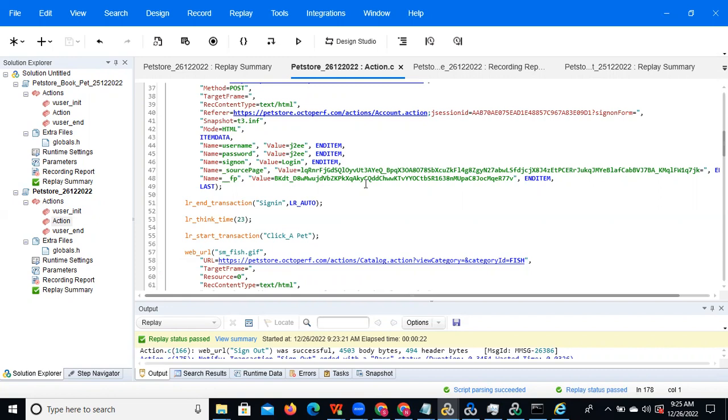For example, if you are doing a 10 user test, you need 10 usernames and passwords, unique data. And if you are doing it for 100 users, you need 100 users' data. So from that point of view, what we can do is one scripting enhancement, that we can call as